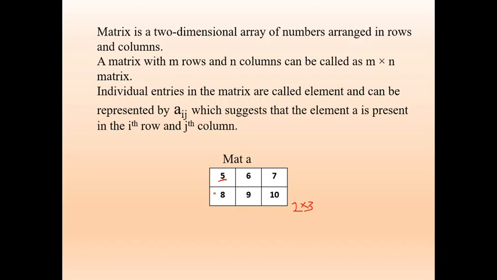Normally, we call it the first row, second row like that. A of 0, 0 means first row. The second subscript 0 means first column. The first subscript represents the row, the second subscript represents the column. A00 means first row, first column. You just add 1. A01 means first row, second column, that is 6. Like that we represent the elements of the array.